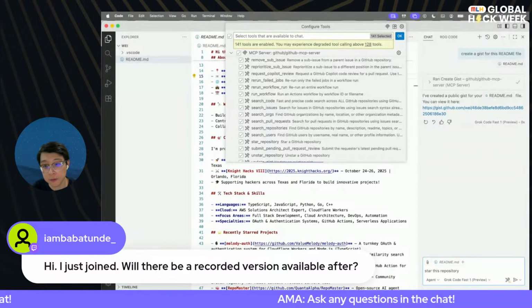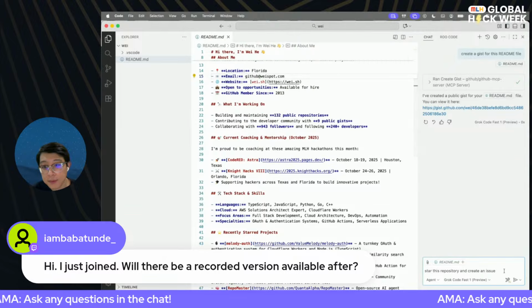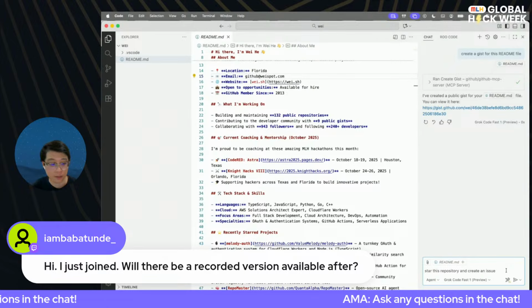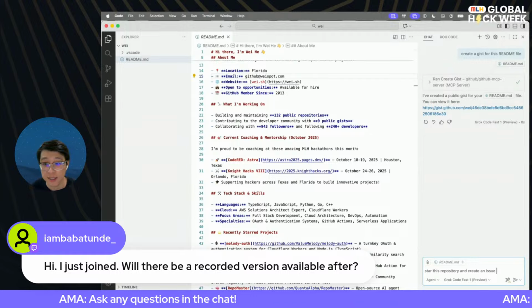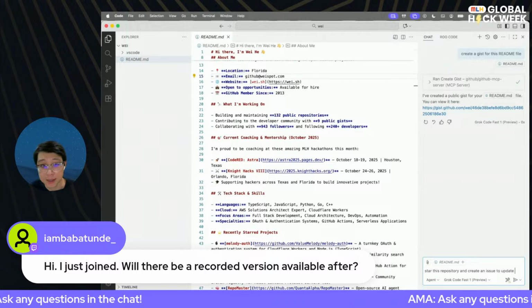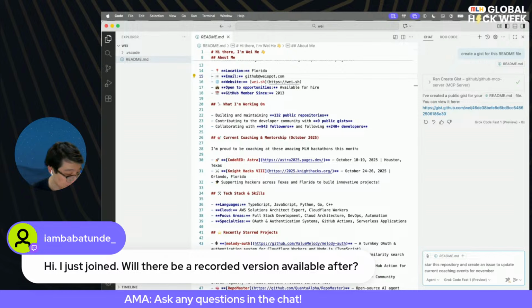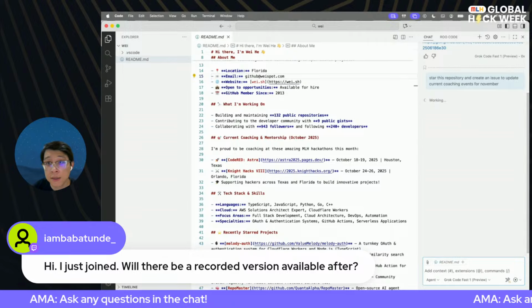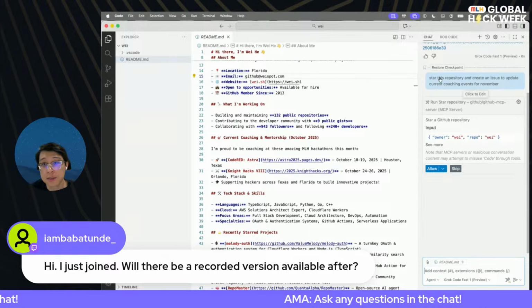Okay, star this repository and create an issue. To create an issue, what should the issue say? To update current coaching events for November, maybe something like that. So you notice I chained two actions to this command,